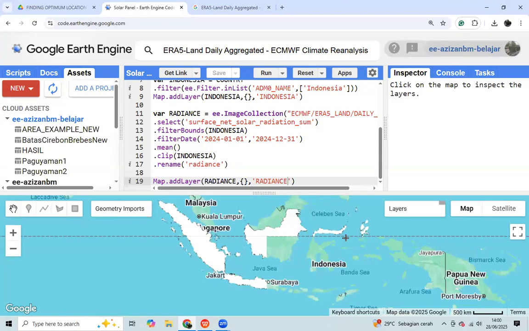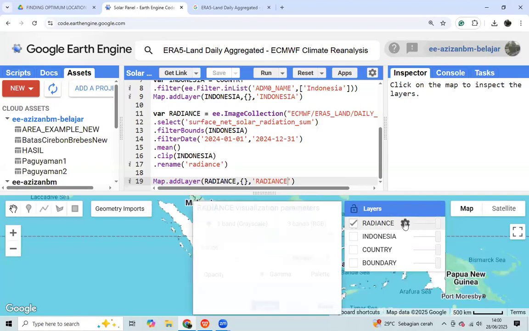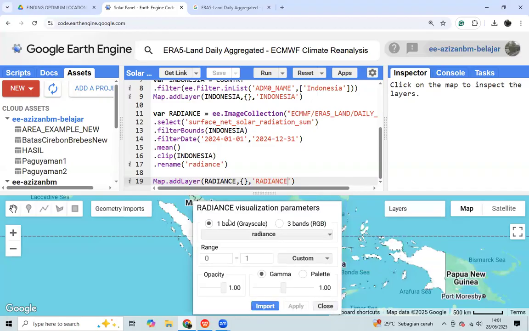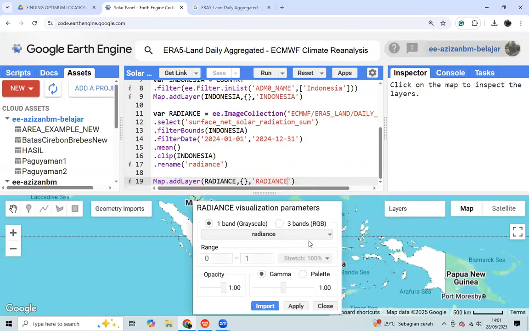We wait until it is fully loaded, and then we specify the color. We can click the layers, the radiance layer, and then click edit layer properties. We can stretch to find the minimum until the maximum range.